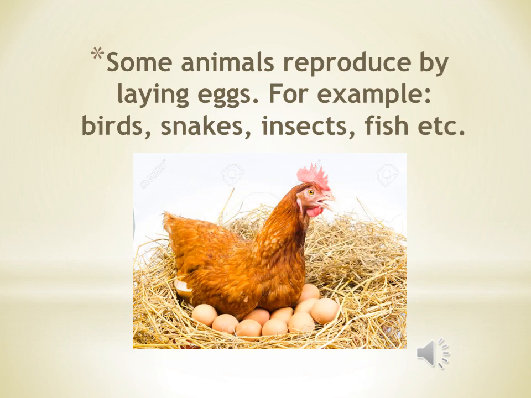Some animals reproduce by laying eggs. Means they produce eggs, they lay eggs that mature and hatch after being expelled from the body. Means the young ones in such animals hatch out from the egg which is expelled out from the body. This type of reproduction takes place mostly in birds,